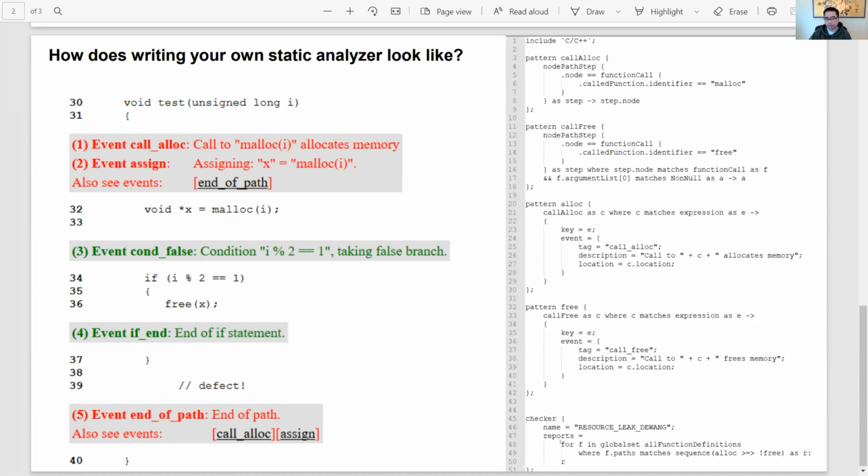I'll say, okay, report for going through all functions in the code base where the function path matches the sequence, right? And then I'd say wherever there is an allocation and anywhere downstream in the path where it's missing a call to free, right? And so if we look further up, okay, so I'm gonna define